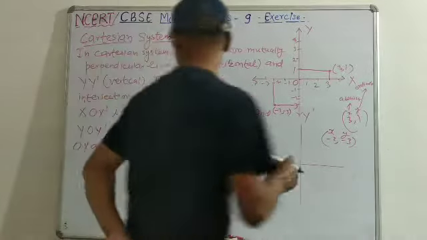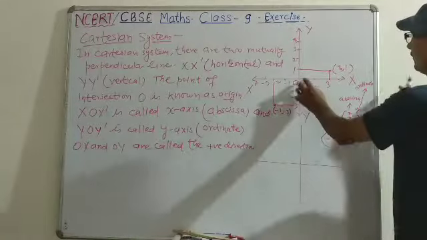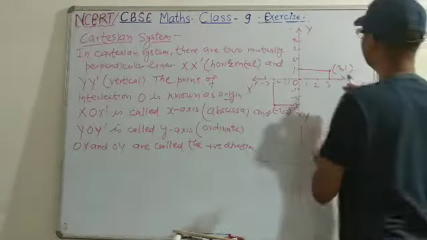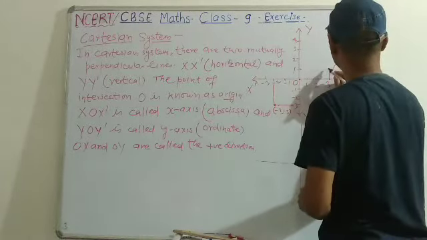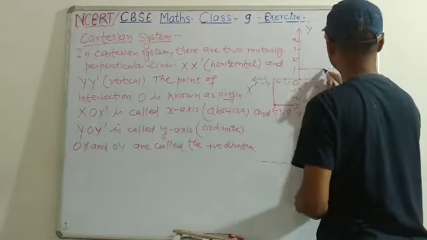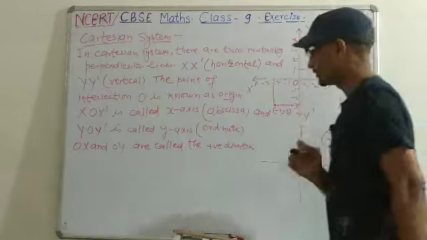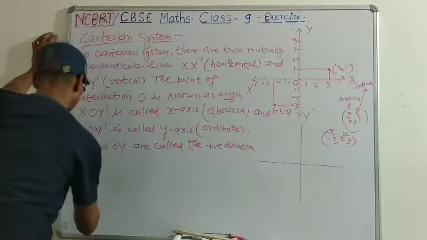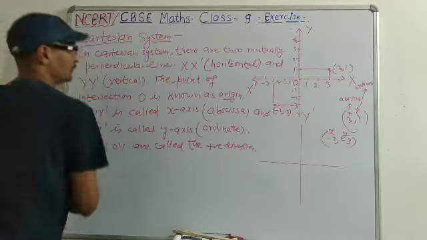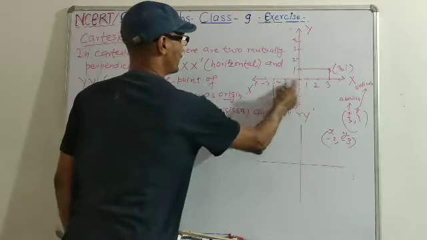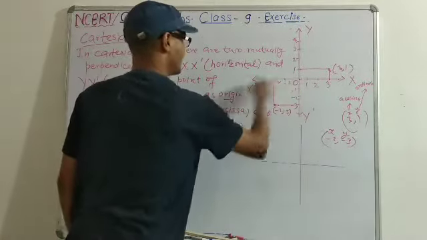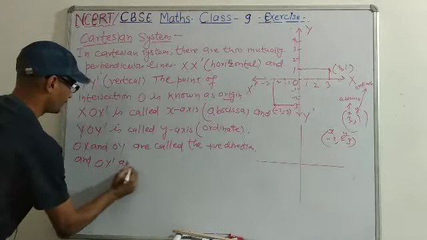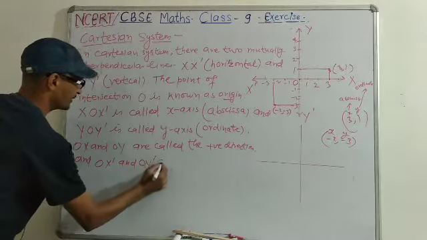See here, OX and OY are all positive. These are positive, and where are the negatives? OX dash and OY dash, left side and downwards. OX dash and OY dash are